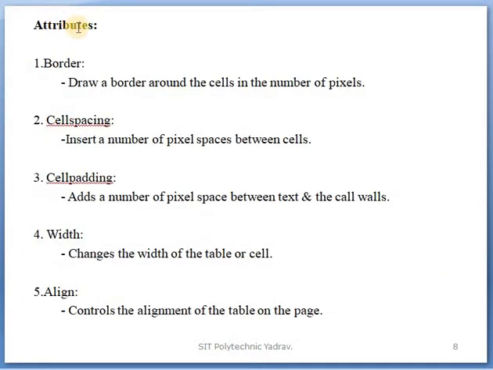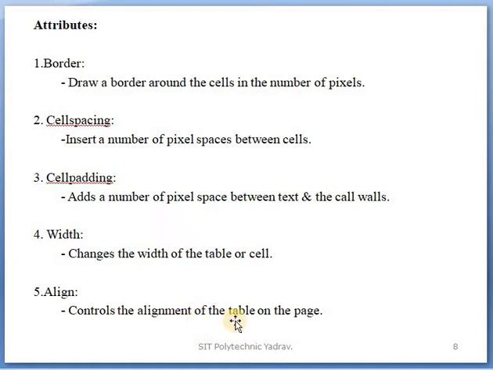Now the attributes. Which are the attributes? First, border: draws a border around the cells, in number of pixels. Cellspacing: inserts a number of pixels of space between the cells. In a table you create the cells. Cellpadding means add a number of pixels of space between the text and the cell walls. Width means change the width of the table or cell.